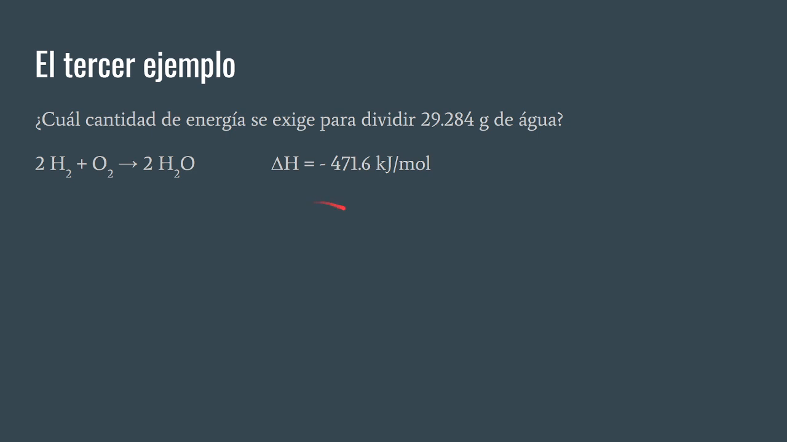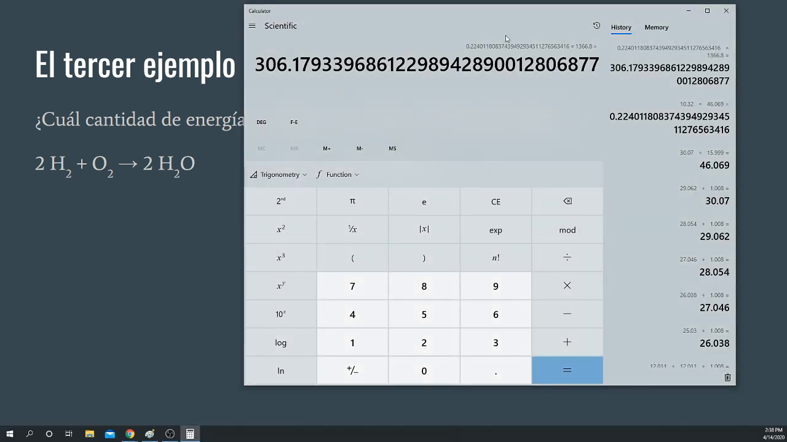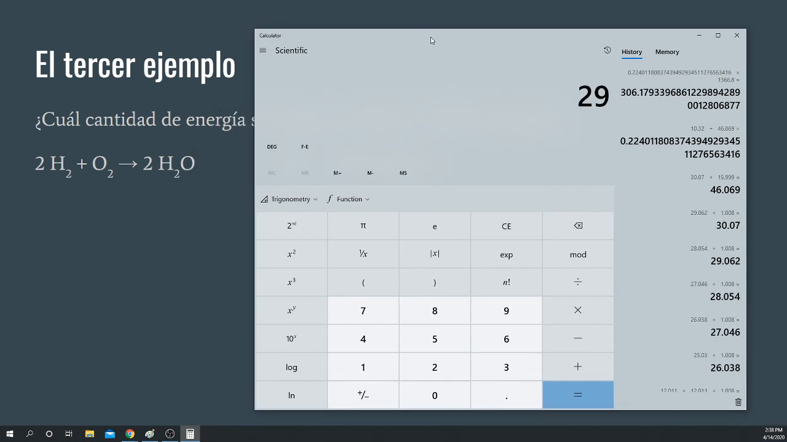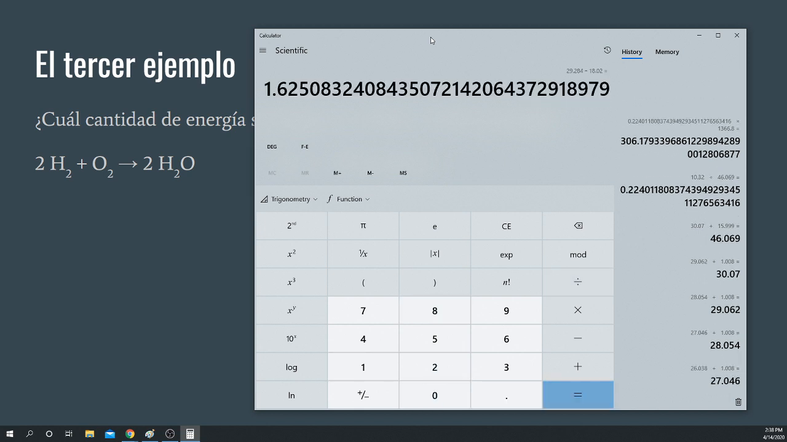So once again, we bring up our calculator. 29.284 grams, 18.02 grams per mole means 1.625 moles of water. But now this time, our enthalpy is not based on per 1 mole of water, it's based on per 2 moles of water. So when we do our math this time,